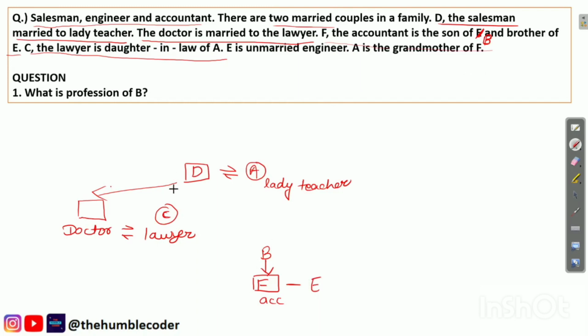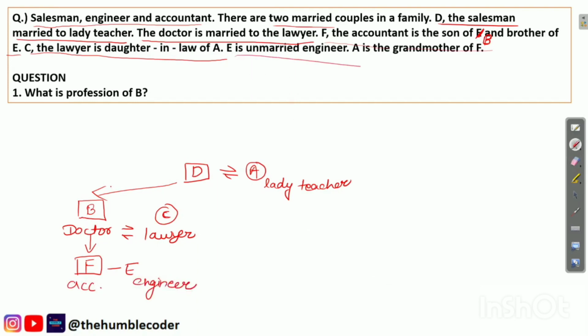A is the grandmother of F. So A is also the grandmother of F. So we have to create a relation. So you can see that we have already a relation that B is the parent of F, but we do not know where B should come. So we can clearly see that if B will come here, and we can make F as the son of B, then in that case A will be the grandmother. So correctly, if we will fill all the positions, then F will come here and E will come here, and we no longer need this part because we have already mentioned everything here, and F is the accountant and E is the engineer. So in this way we have created the complete family tree and all the statements are now covered.